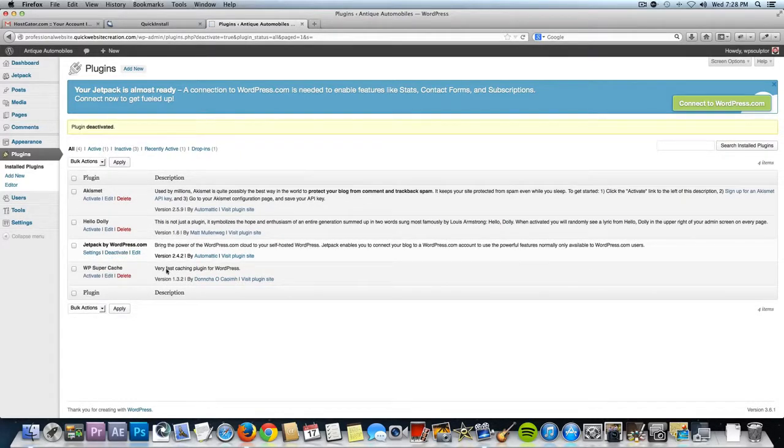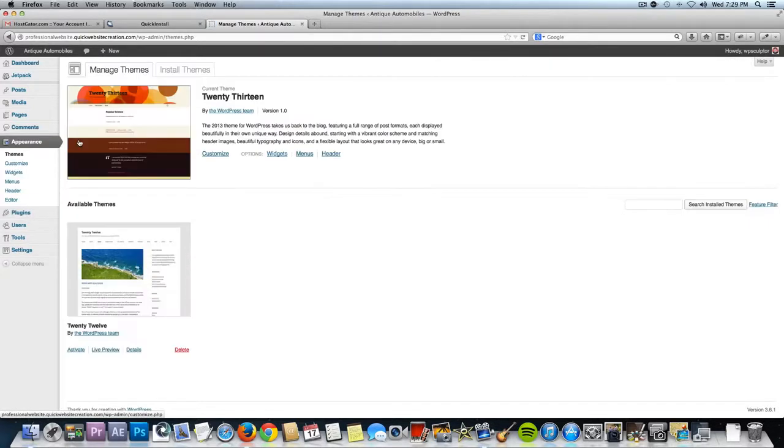Alright, now that's taken care of, and then we're going to install our customizer theme. So to do that, we're going to go to Appearance, Themes. You just hover over Appearance, and then you get this Themes option. And then we're going to click on Install Themes,